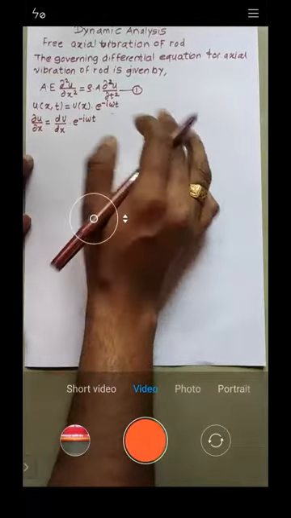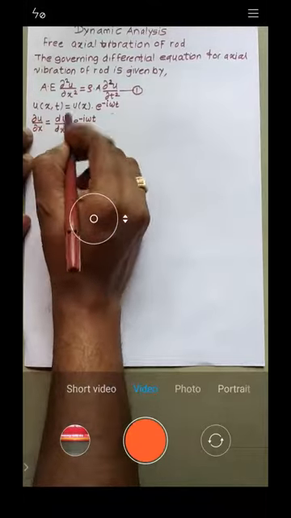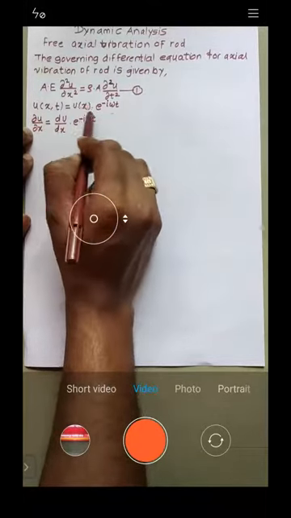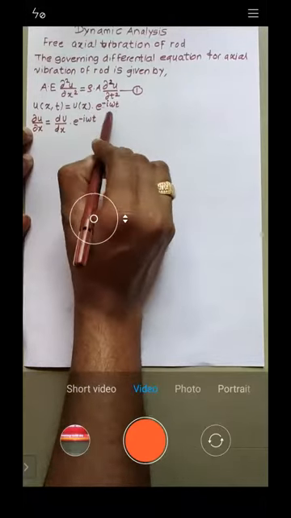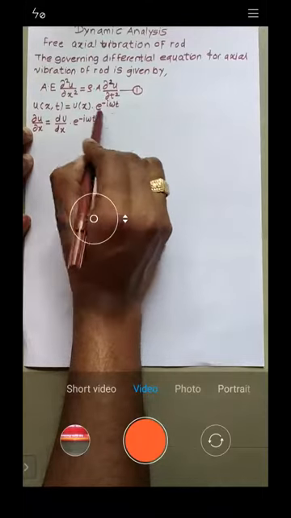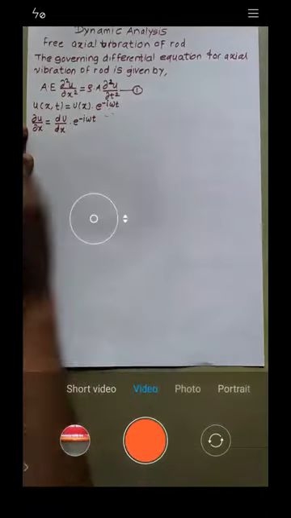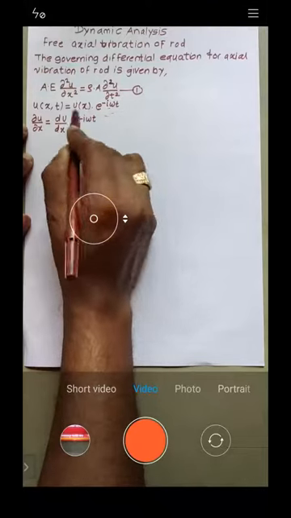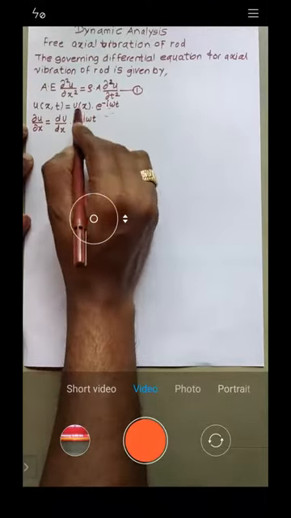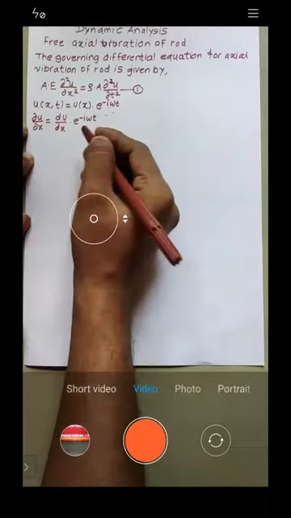You might ask, sir, you are taking a partial derivative, so why have you written a full derivative? One term is basically a function of x, and the second term is a function of t. Now I need to take the derivative with respect to x, so this term is a constant because it doesn't contain x. I will keep it as it is and differentiate only the other term with respect to x. Is it okay with this one?